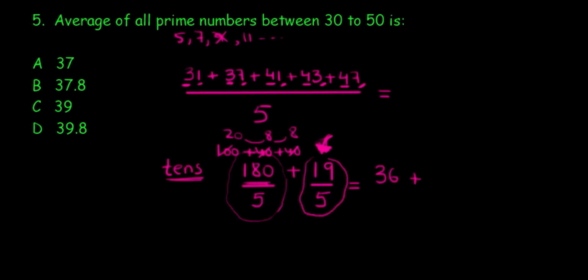Plus, what do we do about this thing here? Can I say this is almost like a 4? This is almost like a 20 over 5, almost a 4. So it's almost a 4, which means when I add them up, it's almost a 40. And here, this one's almost a 40. So 39.8 is your final answer.